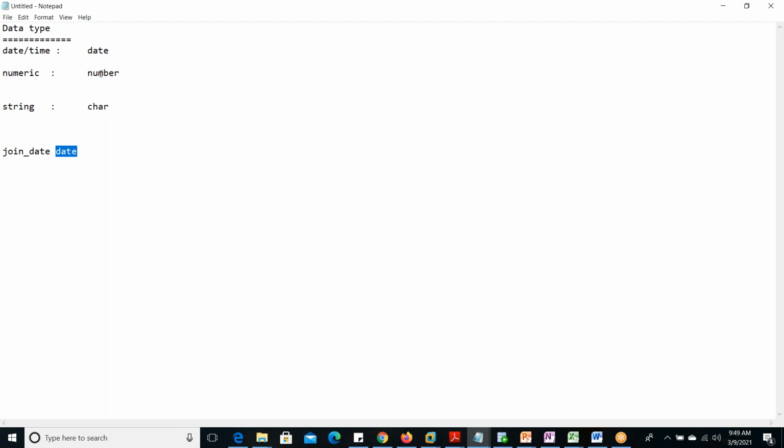Now come to the numeric data type, number. Suppose one number is there, anything we can take, pin number. Different villages or towns and different localities are there, and pin number is mentioned as one column for the address. These are purely numbers, so the number data type can be mentioned for this column. Whenever we mention the number data type, at that time length also we have to give, 10 or 20 or 30. For date data type no need to give this length, but for number data type and string data type we have to specify the length also.